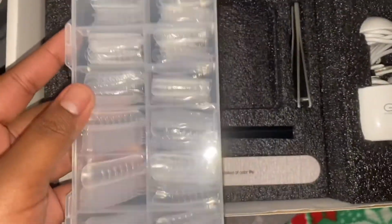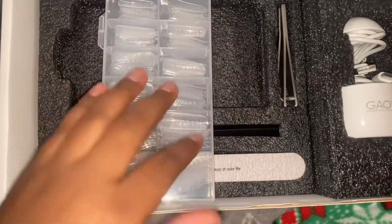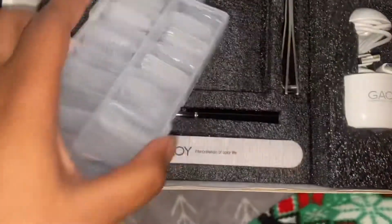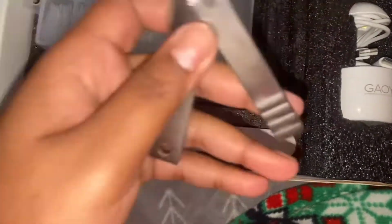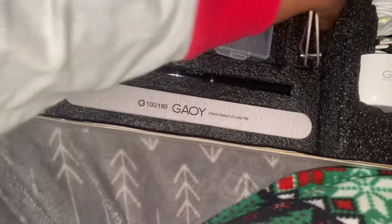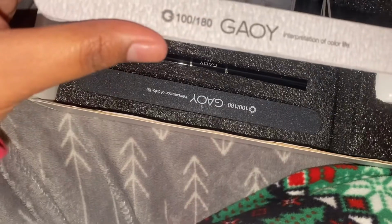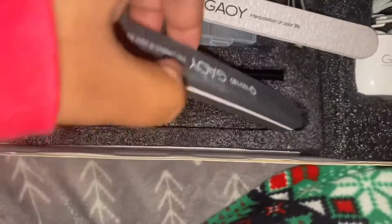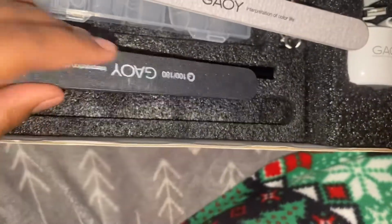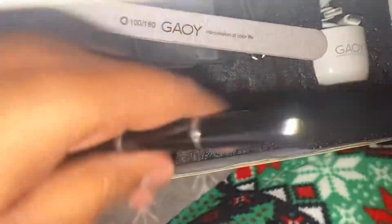All your little tip pieces that you use to create your little poly pieces that go on your fingers. It comes with fingernail clippers so you can cut it to the shape you want. A fingernail file. A buffer. And then it comes with